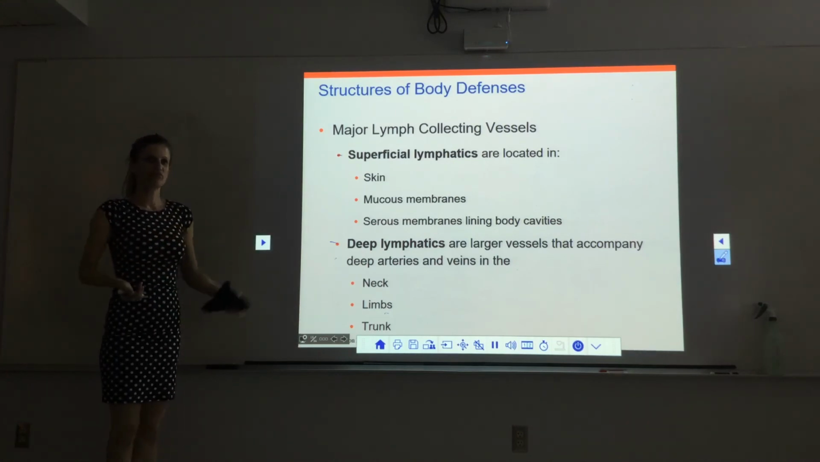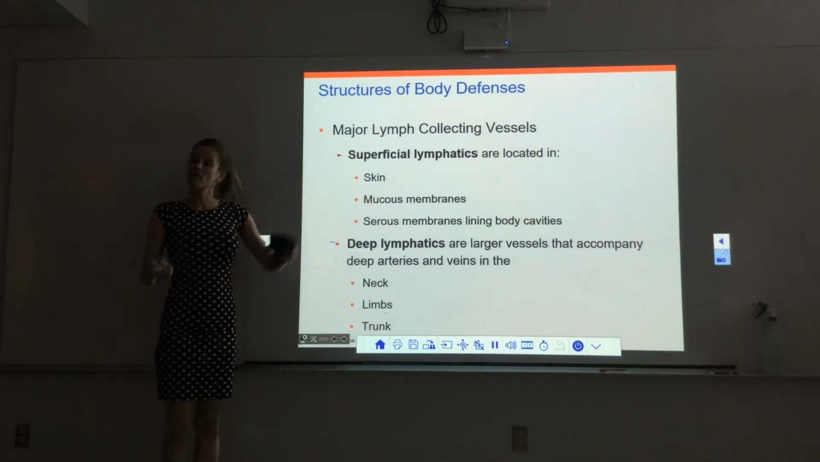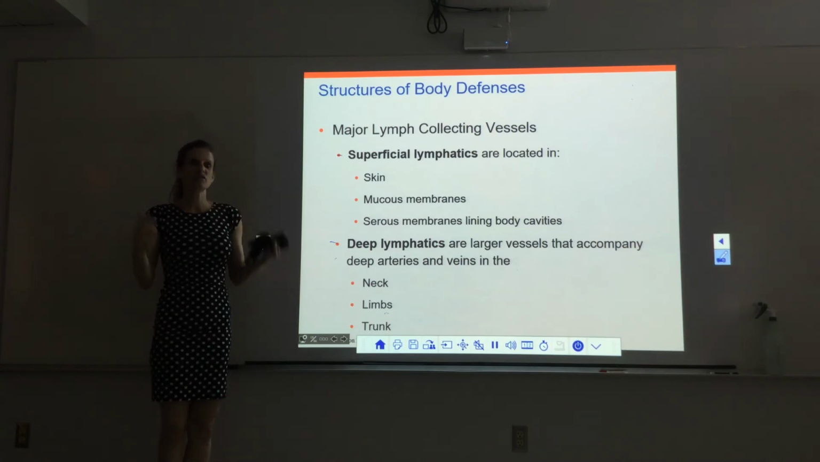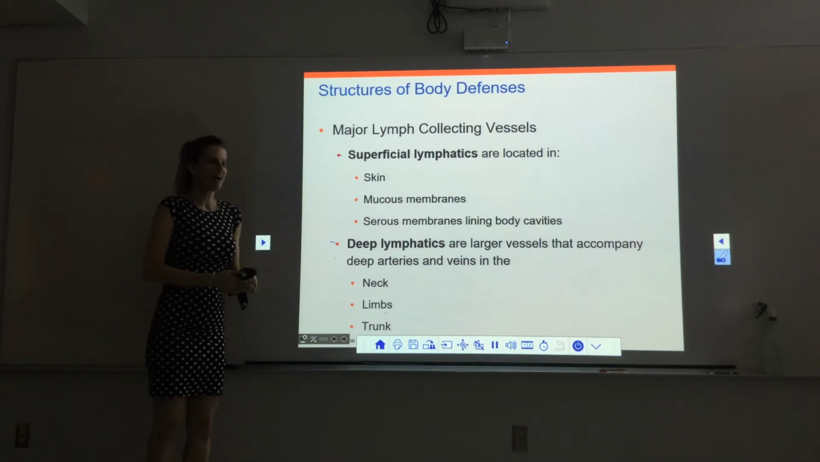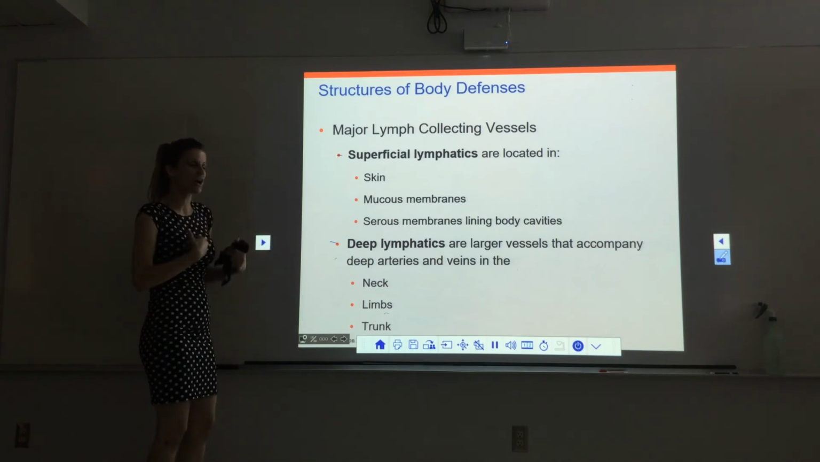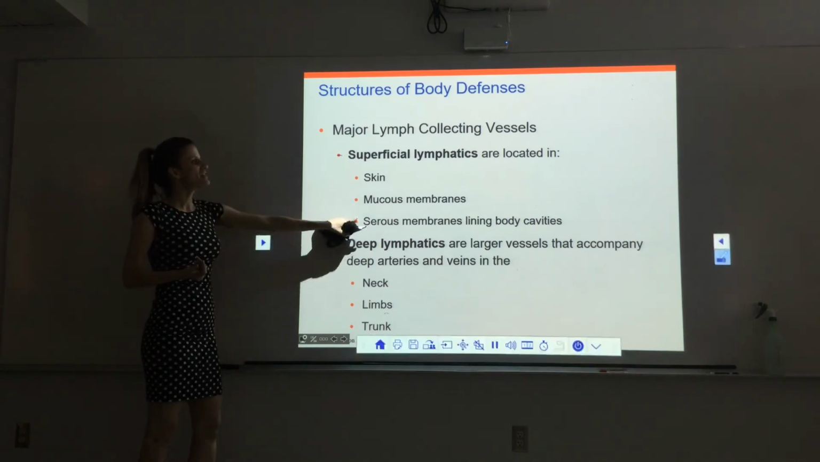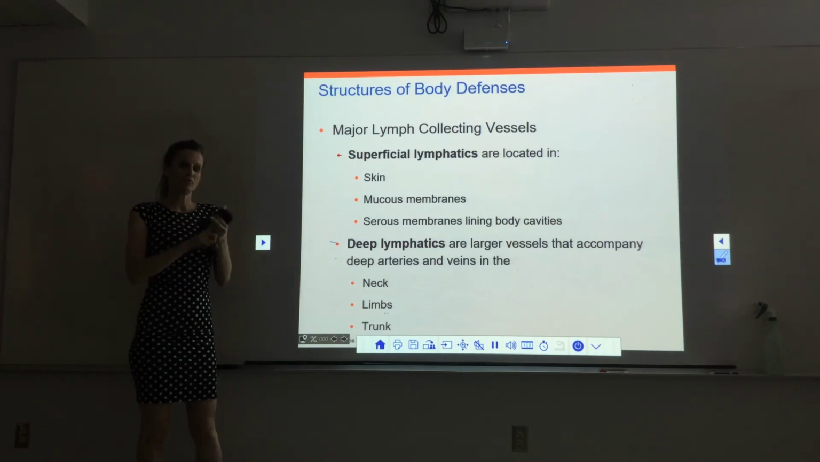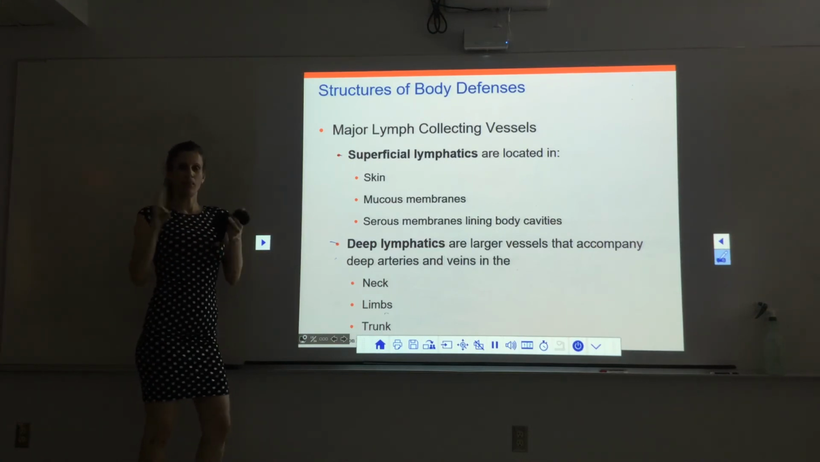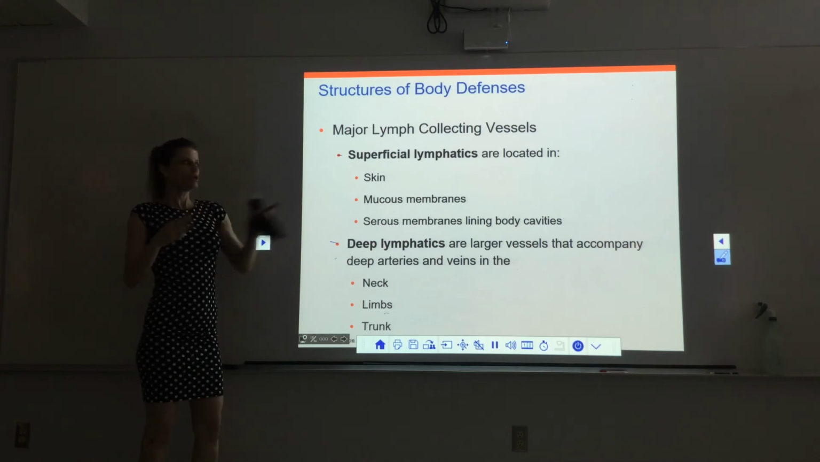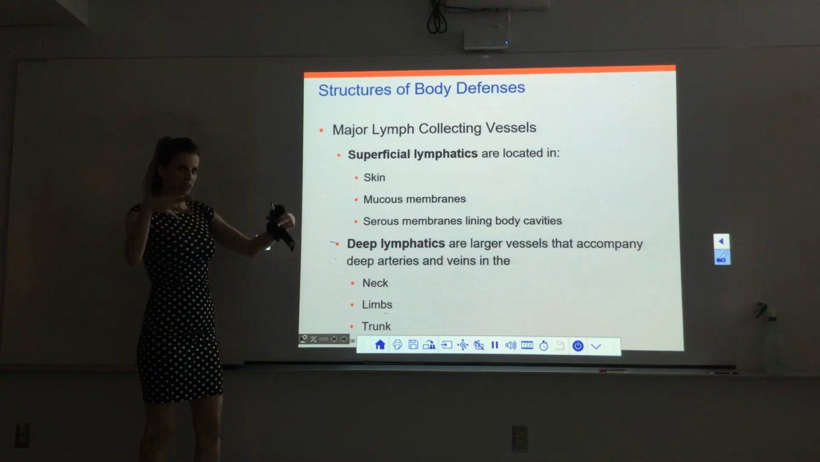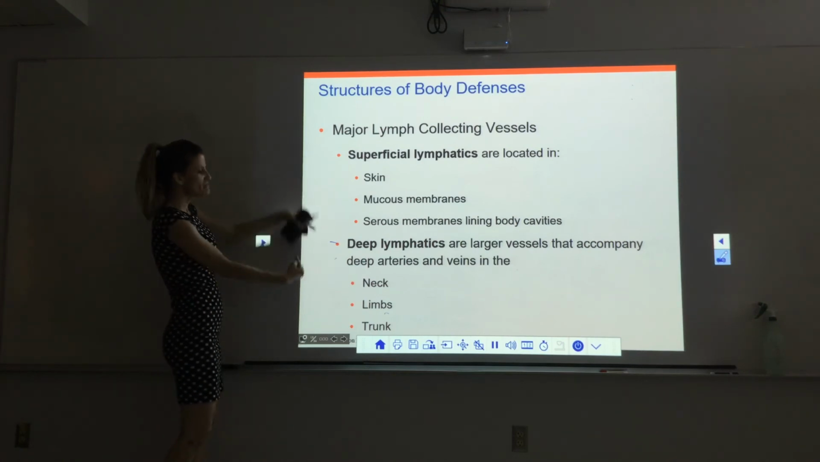They're going to collect lymph from the skin, from the mucous membranes, so like in the mouth, the vagina, the mucous membranes lining the GI tract, essentially all of our respiratory tract, all of the tracts. And then the serous membranes. Remember those line the body cavities, so like the pleura, the peritoneum, and the pericardium. So the superficial lymphatics will collect lymph from all of these superficial areas, and they actually meet up with the